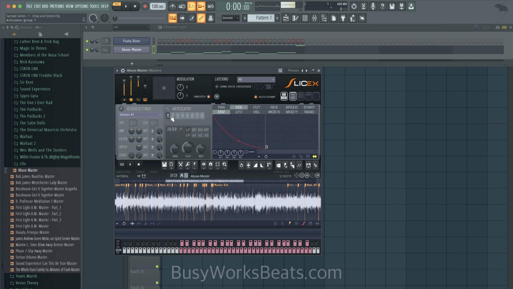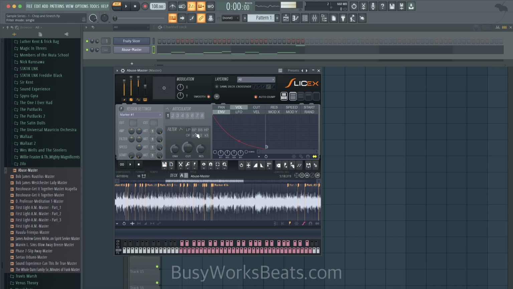So by default, everything is routed to articulator 1. So you see these numbers, articulator 1, 1, 1, 1, 1. It's saying that every sample is mapped to articulator group 1. So this is just where stuff's routed. This section is what the routing is doing, and then this section is like the shape of whatever's happening.